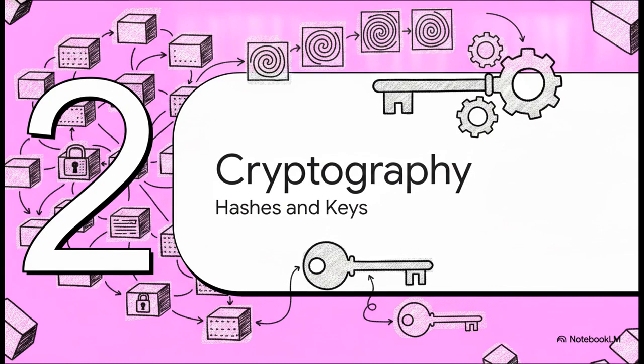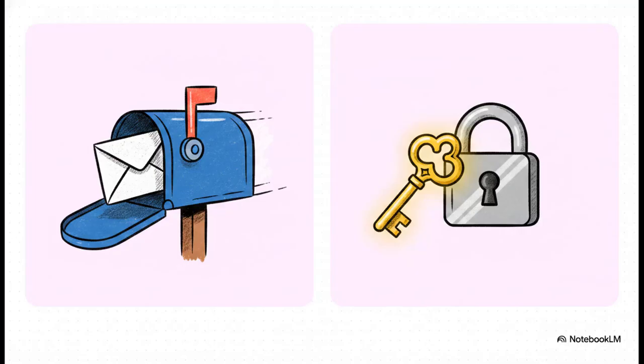Moving right along to Section 2, cryptography, hashes and keys. If you want to visualize how digital signatures actually work, the classic mailbox metaphor hits the nail on the head. We all know the mental model, right? Think of your public key as the mailbox itself. It's visible code. Anyone walking by can just drop funds or messages right into it. But your private key? That's the physical key to the mailbox. It's a highly secret code required to actually unlock the box and spend those funds. So anyone can know your public address to send you value, but only you hold the private key. That ensures you have absolute, non-repudiable control over your own assets.